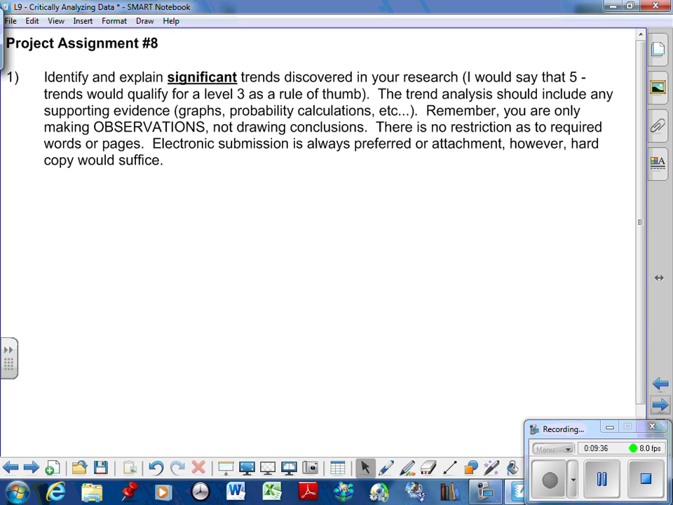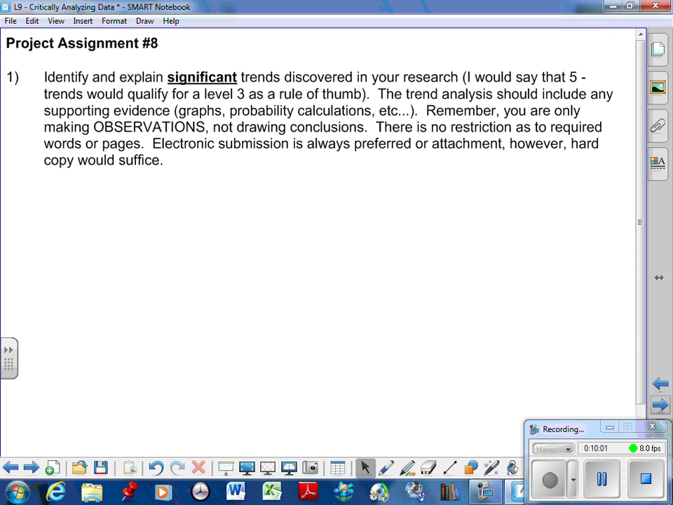So what am I looking for in project assignment number 8? I want you to identify and explain significant trends discovered in your research. So this is going to be a submission, and there's no length on that. Okay? The rule of thumb here is 5 trends would qualify for level 3. Now that's not to say if the 5 are very significant